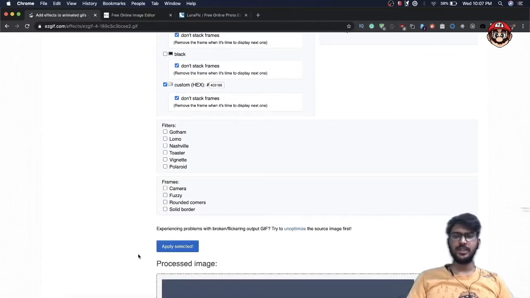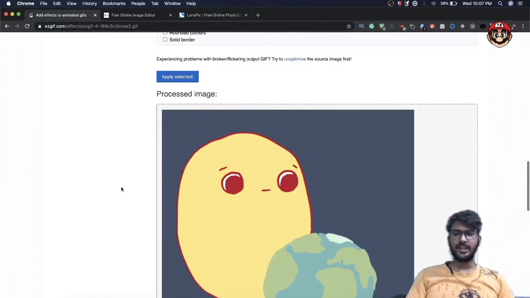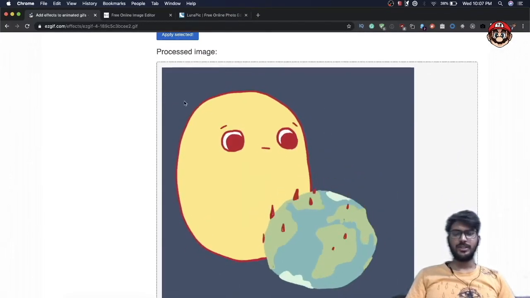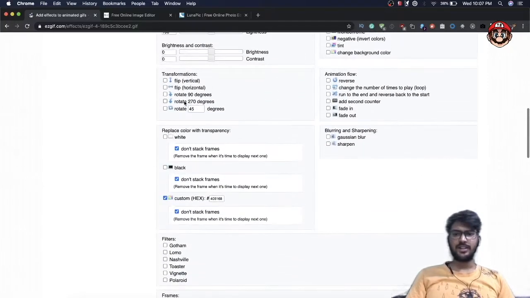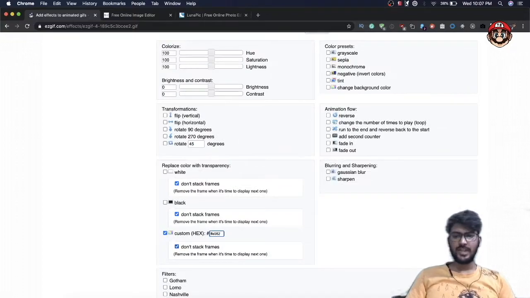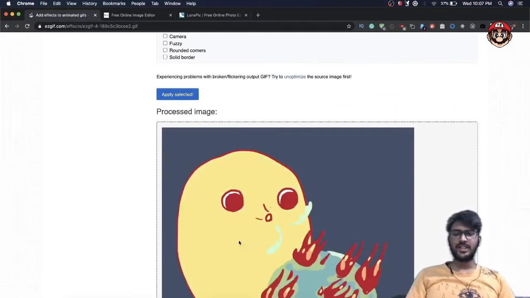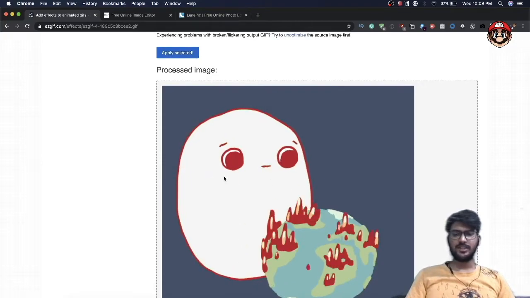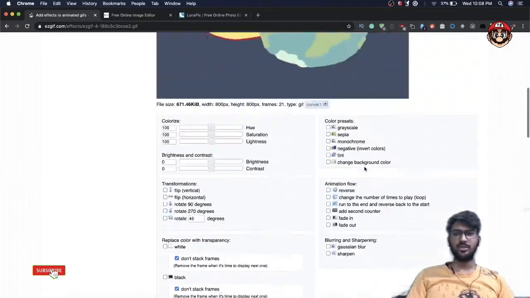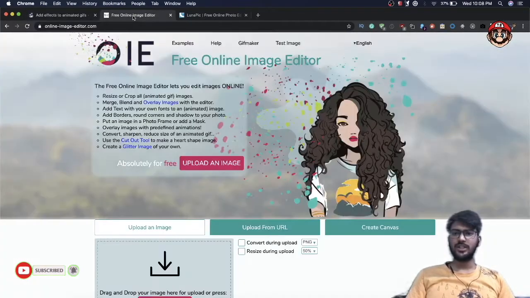But the problem with easygif is that sometimes it doesn't pick the color and doesn't remove the background, as you can see. But I tried a different color to remove, this yellow color in the GIF. When I use the yellow color of this GIF and apply it, it removes the body part, but somehow it's not working with the background color. So if the easygif method is not working for you, then you can try this one also.